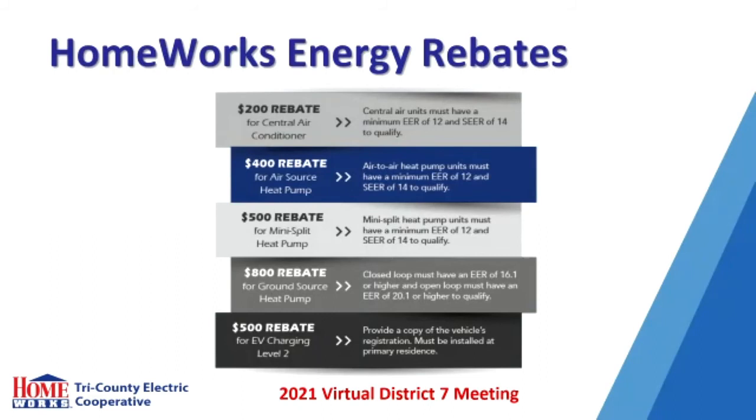Our power supplier, Wolverine Cooperative, helped us come up with a number of additional rebates to help you make these beneficial choices as part of their continued focus on clean energy, while keeping your power costs stable. As you can see in the Homeworks energy rebate chart on the screen, these incentives can save you on putting a heat pump in your home, a vehicle charger in your garage, and more. Beneficial electrification can be a great way to save on your energy bills and help the environment at the same time. So we hope you'll consider taking advantage of these great rebates. You can read more about how to qualify for these on the energy efficiency page of our website, homeworks.org.